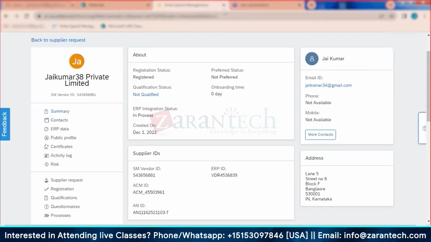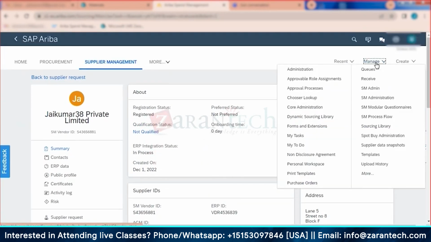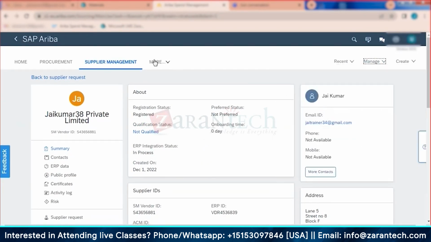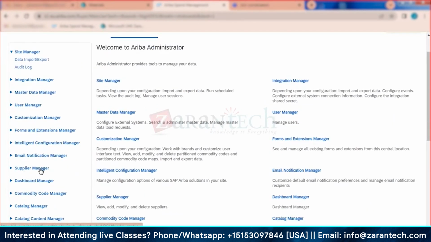Now, here you can see this Ariba supplier management. This is what we have done till yesterday, right? Before this, let me continue and show you the part which we have left out regarding the partition data. Then I'll come back here and we'll start the qualification. Let me first do that. So if I go into the supplier here,